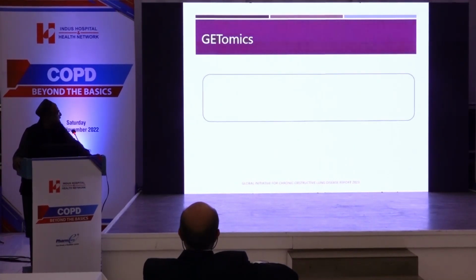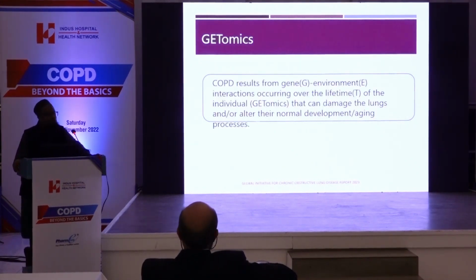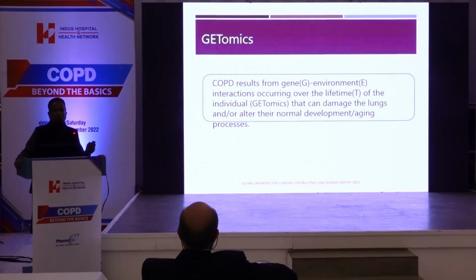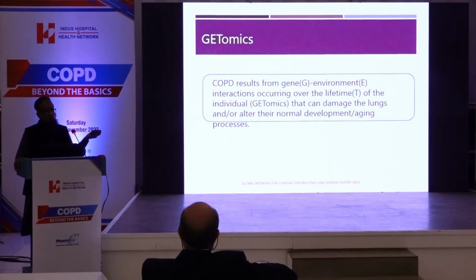Now something about the pathophysiology and the disease process. The first time this terminology was used was gatomics. So what is gatomics? Gatomics is basically an interaction between gene, environment, and lifetime. Previously, it was written that COPD is secondary to cigarette smoking, biomass fuel exposure, and in some cases genetic disorders like alpha-1 antitrypsin deficiency. But now it has been established that there are certain genes that are more prevalent in COPD, and the interaction of the